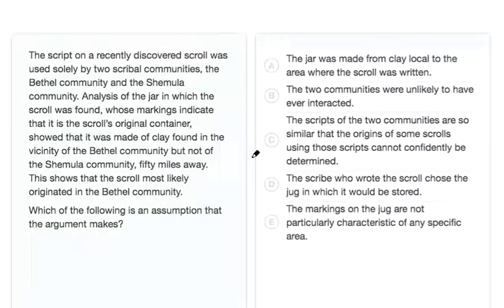For assumption questions like this one, we need to look at the evidence the passage gives us and decide what idea must be true in order to come to the passage's conclusion. To do that, let's review the passage and then see if we can come up with our own guess about